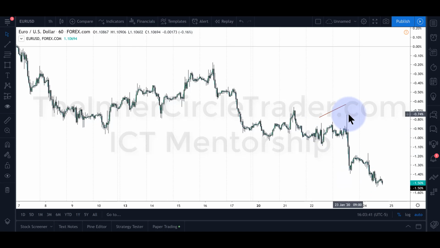Too many people outside of our mentorship, and some of you that are in here, are leaning on SMT to provide you the setup. All it does is give you a visual representation of the level of buying and selling because of the correlation that breaks at that moment. All of this run up here is all stop running. It's running these equal highs. You knew about this run on Wednesday in the review based on this here, but now we have it in hindsight. We can see that it was performing an SMT divergence between the dollar index and the Eurodollar here.